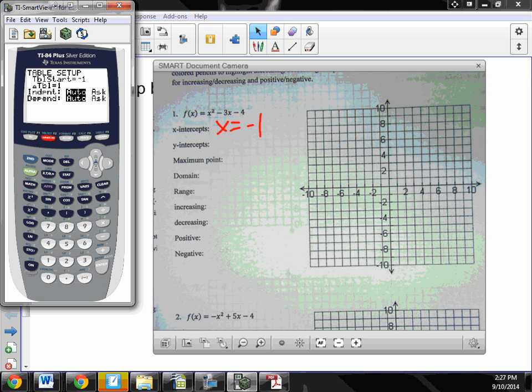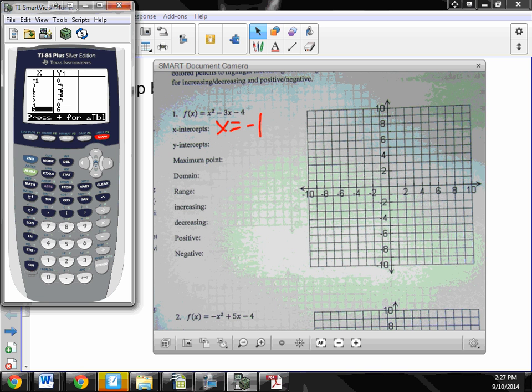Now just push second table. So you can go up and down in the table as much as you want. Is my second root 4? Yes. Now, what if they're not those? How can we find the decimal? I heard somebody saying it earlier. Second calc,